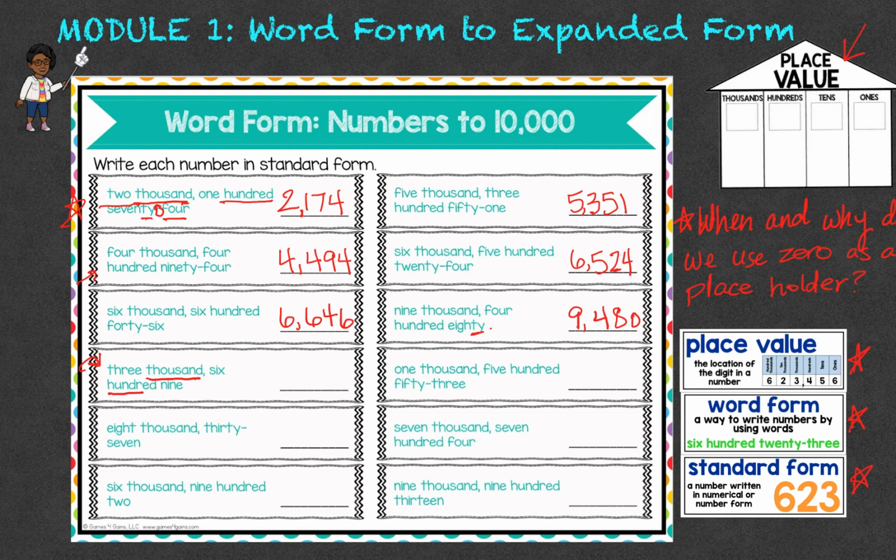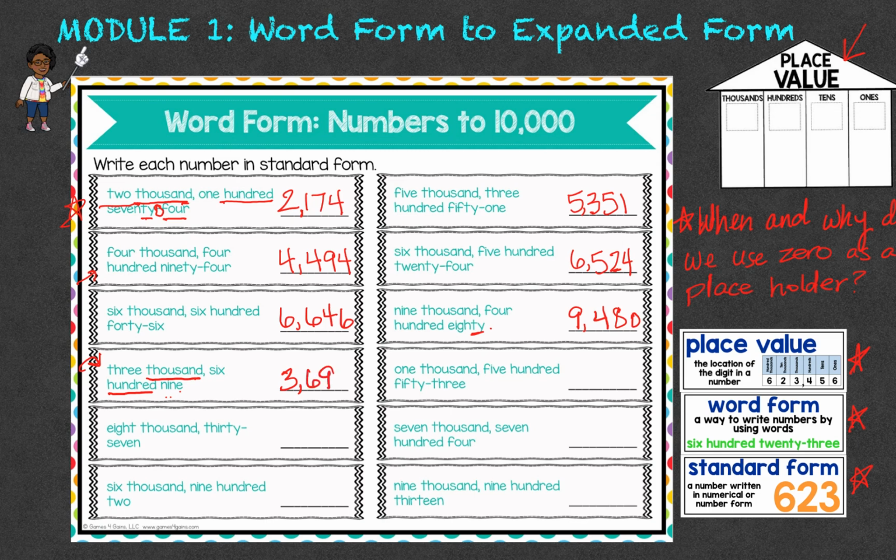600. So far I know I have thousands, I know I have hundreds. But let me read this number again. 3,609. Uh-oh. It seems to me that we are missing a place value. So a lot of times what I see when it comes to this is 3,000, and they know 1,000 needs a comma after it. So we get that comma. And then